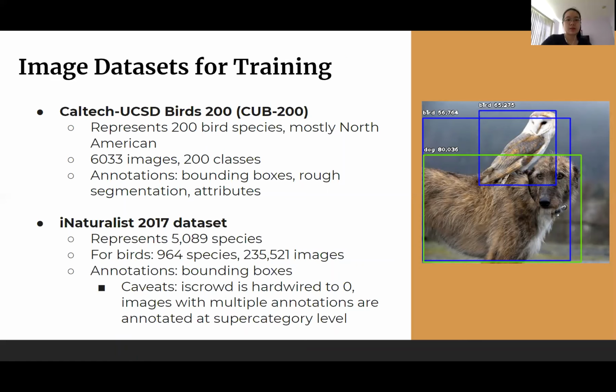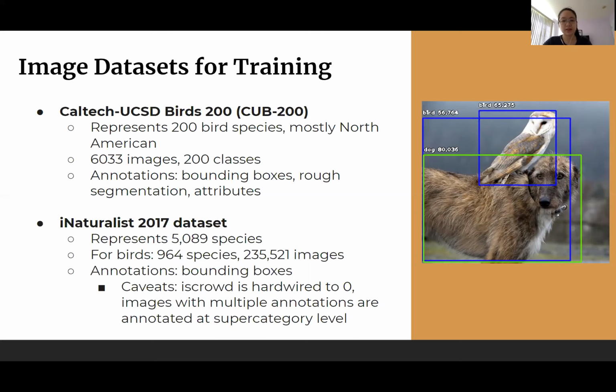So the image data sets we've been using for training are the Caltech UCSD Birds 200, which is 200 bird species, mostly North American. And this is a small data set of only 6,000 images, and it has the information we need, like the bounding box, and its attributes. This data set we mostly used to get our feet wet and understand what we're working with. So mostly we have now been working with the iNaturalist 2017 data set, which represents